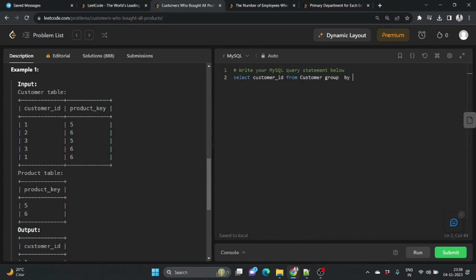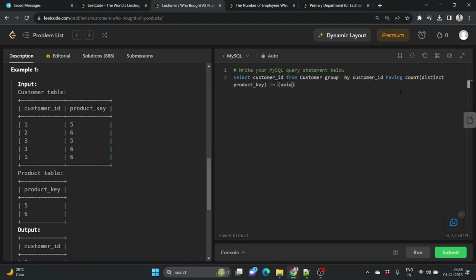Group by customer, okay, having, we can write having count distinct product key in, what you can write, a subquery. Select